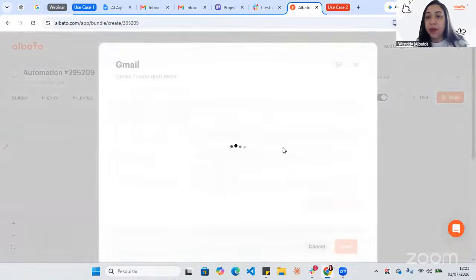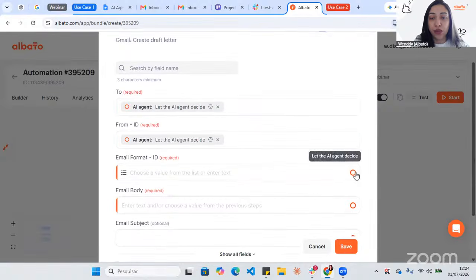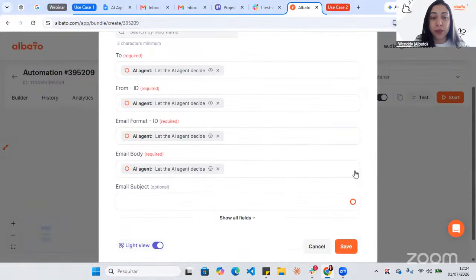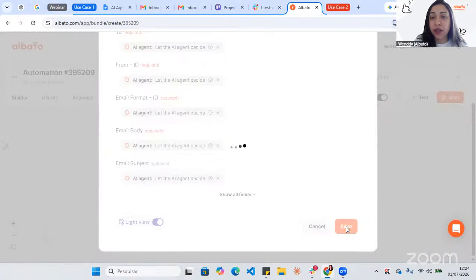In this step specifically, I will let AI map everything on its own: to, from, format, body, and subject, everything. There are also other fields for most of those apps, and you can expand them every time you need some extra field. You can expand them and fill them in or let the agent decide. Okay, I will just save it here